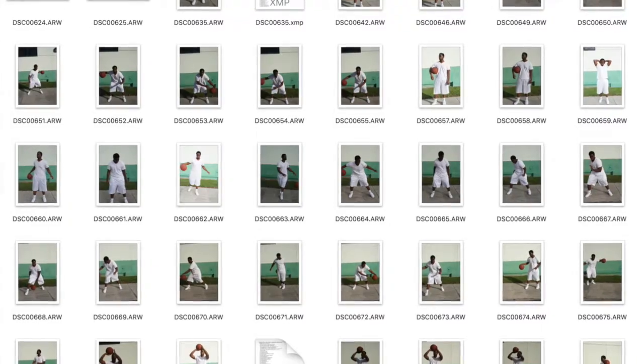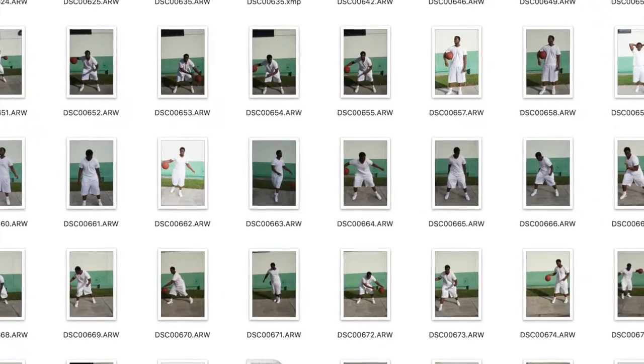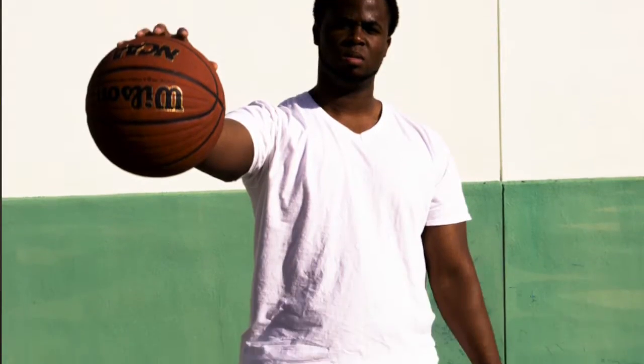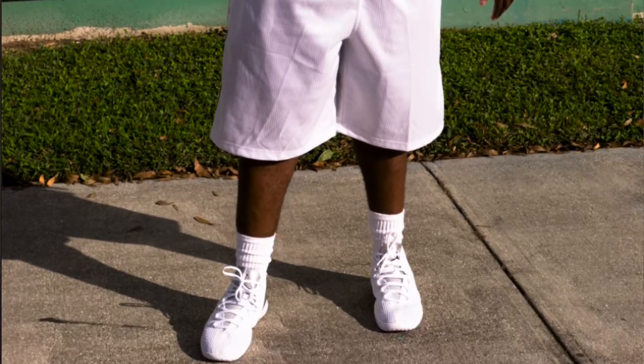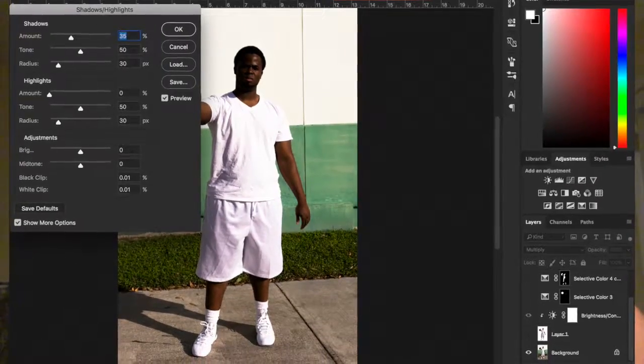After I took all of the photos, I had to sit down and try to decide which photo worked, not only from a technical aspect, like as far as the lighting being in a good place, and there being shadows cast in certain areas, and me being able to work with that and manipulate that, but also, can you see a connection from that person? Can you kind of see a little bit of his personality, and does it tell a little bit of a story?